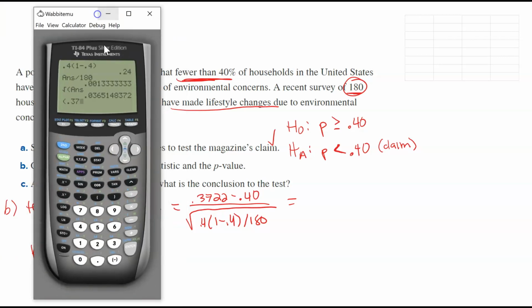Sorry about that, y'all. The top divided by the answer we got previously. Minus 0.4 divided by the answer. So we get our test statistic here is going to be negative